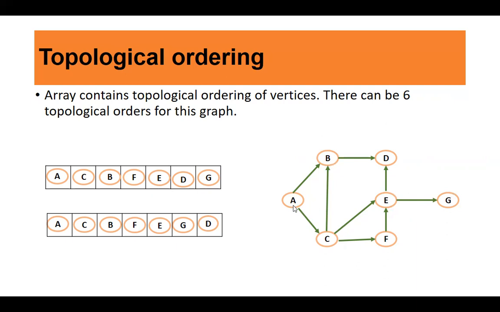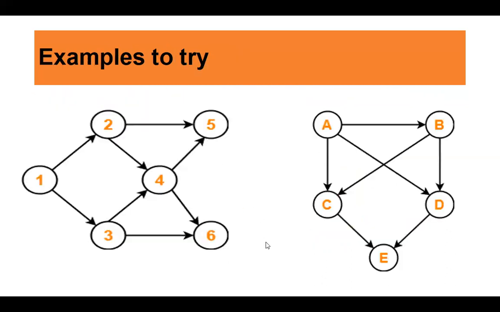Now B is dependent on A and C, right? So first A and then C will get executed. C is dependent only on A. A is not dependent on anything, so A is first. C is dependent on A, so after A, C can get executed. B is dependent on A and C to complete. So once A and C are completed, then only B can get executed, and so on and so forth. These are simple terms of topological sorting. These are two examples I want you to try. And again, remember, topological sorting can be carried out only if the graph does not have any cycle and it is a directed graph.